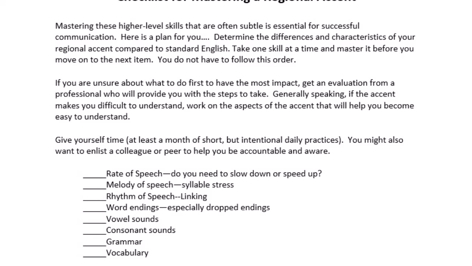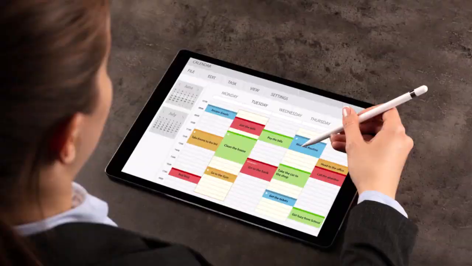When you master a skill, then cross it off or make a check and move on to the next item. Give yourself time to develop a new skill. I recommend that you take at least a month to work on one goal at a time, doing daily practice with it. It doesn't have to be all day either. It's just short times during the day that you are concentrating on one of these skills at a time.